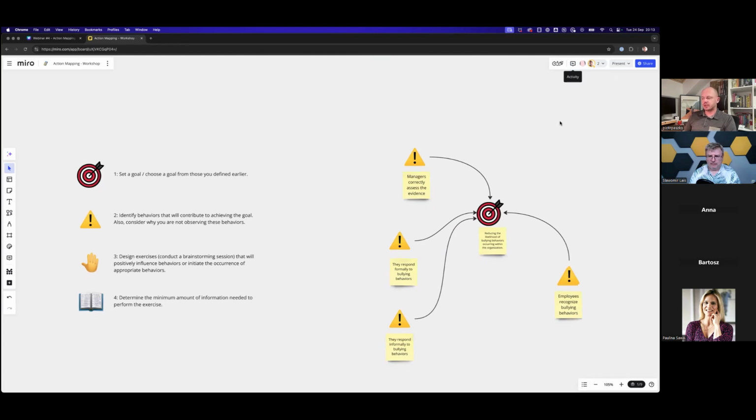Let me walk you through how this method works in practice because I would say it's brilliant in its simplicity, right? As well, it's easy to use and easy to manage. So let's say that we are asked to address the goal that is